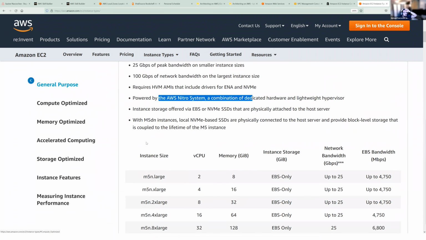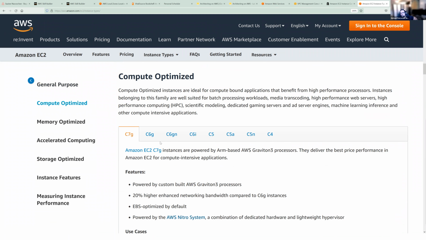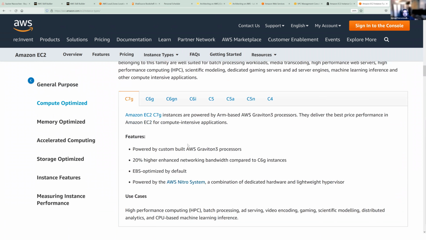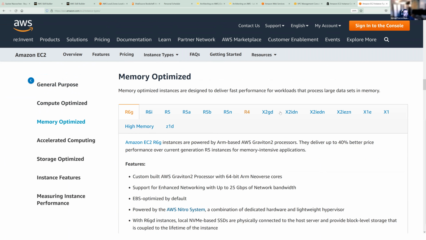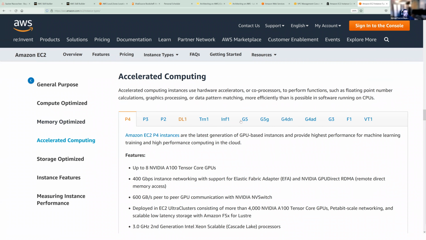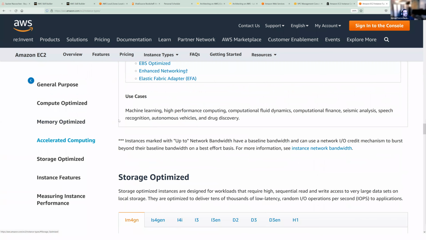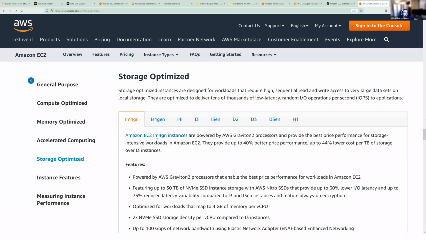Now, that's all general purpose. If I went to the compute optimized instances, here we're looking at the C's. Oh, there is a C7G. I was just making that up. They must have just released that over at re:Invent. Notice that these Graviton processors are ARM based, not Intel based. And we've got memory optimized, which is the R series, and then the X's. And then we've got the P's and the G's, which make up the GPU instances. There's also F and B and other stuff in here. And with storage optimized, it's I's and D's. Now I've got to tell you, these instances, these IM4G, I don't even know. These just got announced actually.